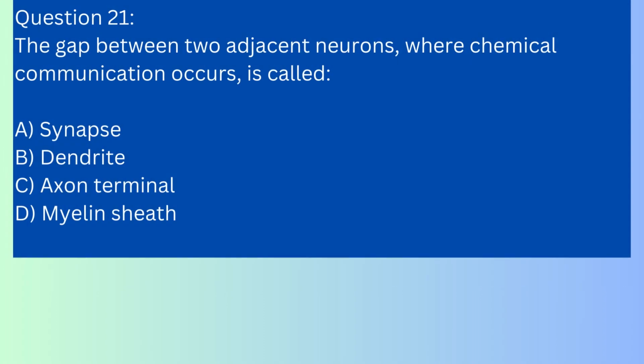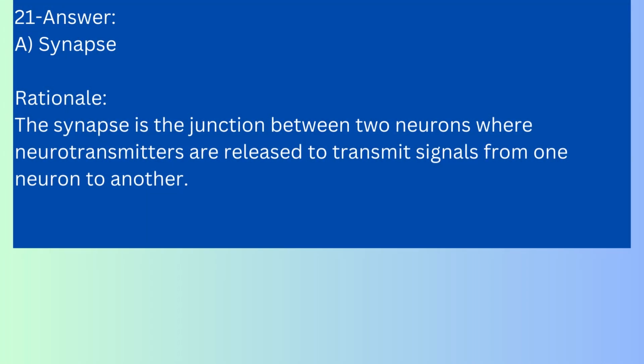Question 21. The gap between two adjacent neurons, where chemical communication occurs, is called A. Synapse. B. Dendrite. C. Axon terminal. D. Myelin sheath. Answer. A. Synapse. Rationale. The synapse is the junction between two neurons where neurotransmitters are released to transmit signals from one neuron